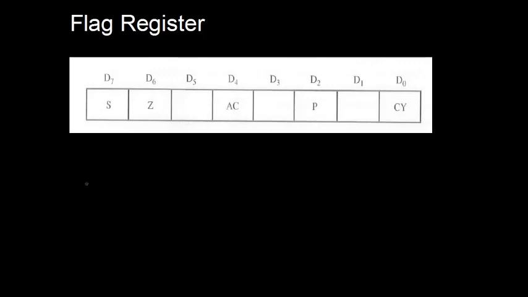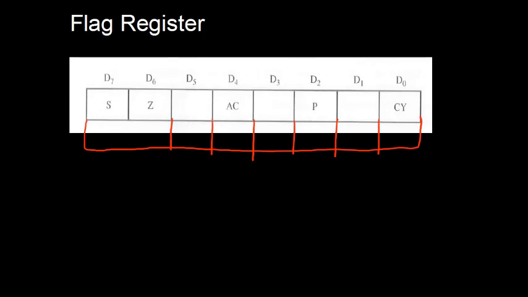We'll take one example where we are adding 2 numbers, and then let us see what the flag status is. We are concerned with these 5 flags. What are the flag statuses when we are doing any logic or arithmetic operation? We will see one arithmetic addition. Initially, let us assume all the flags are reset, and these unused bits I'm just marking with a cross.